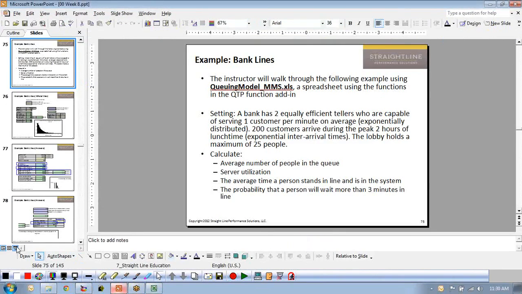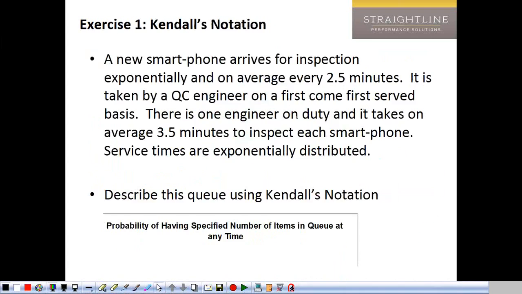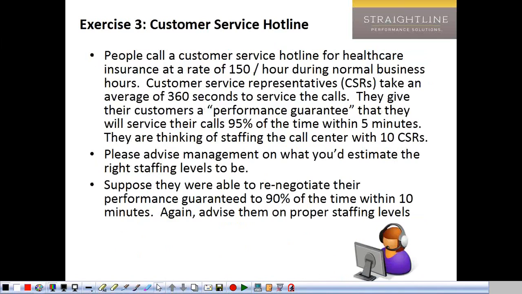And let's go to, and by the way, all this is given in the slides. But let's do this one right here. So here we have a customer service center hotline for healthcare insurance,